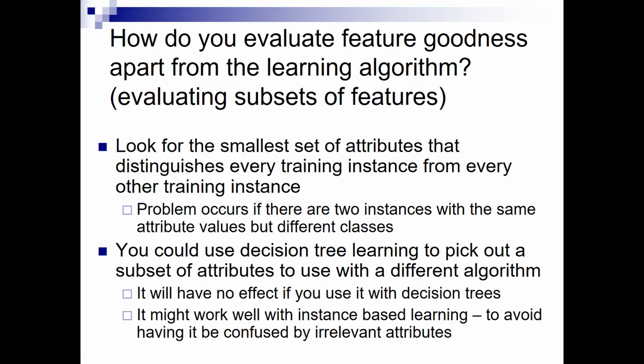But let's say that I have 3 different features, and each one has 10 different values, and 2 of those features give a unique combination for each one of my instances. Then I don't need the 3rd feature. The idea here is that I never have to look at my class value in order to identify this small subset. I'm not actually looking for the features that are most predictive.